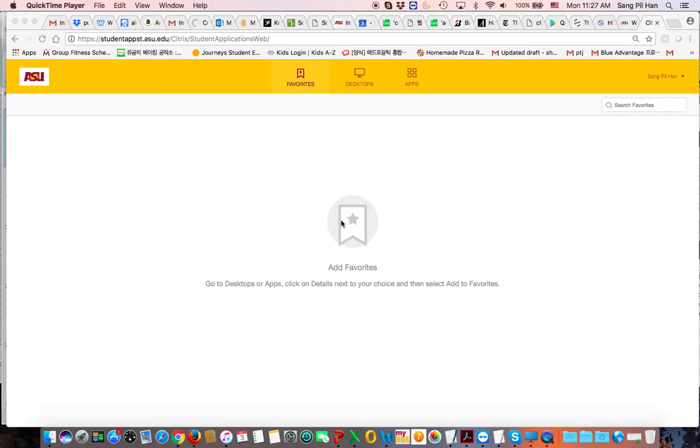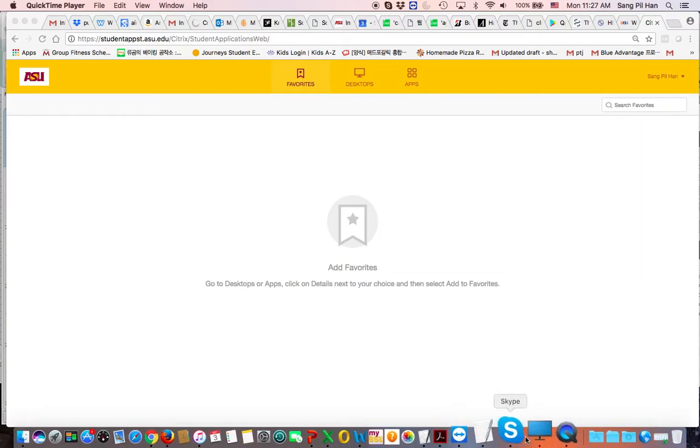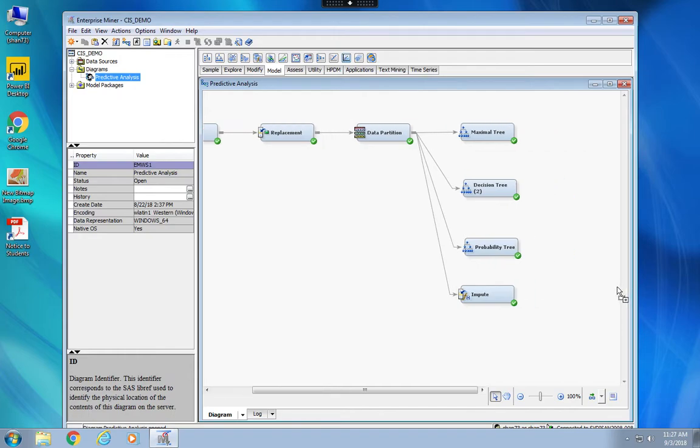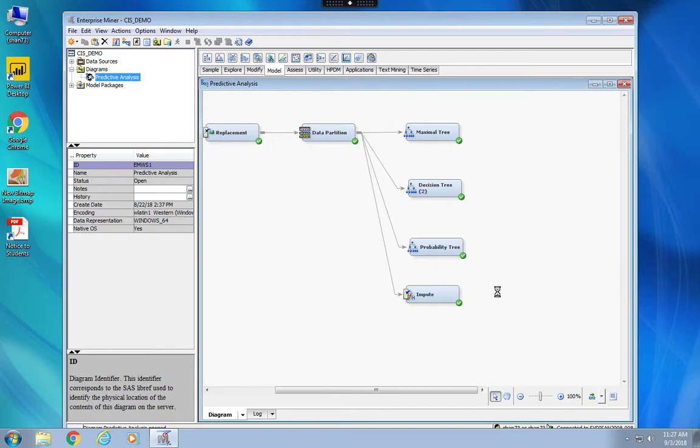Alright, so in this video clip, I'm going to show you how to run a simple logistic regression with the data set we have. So let's switch back to the Citrix viewer, and this is the model we have. And we're going to bring in a regression node from the model tab. So from model, regression, PQR, third from the right, drag it, place it next to impute, meaning that we're going to use the